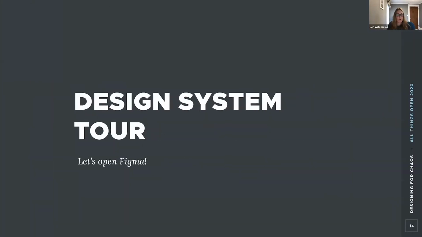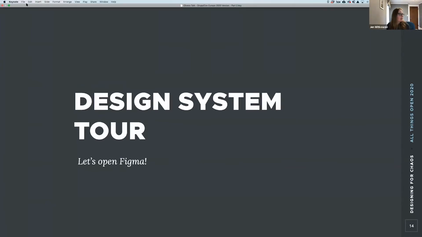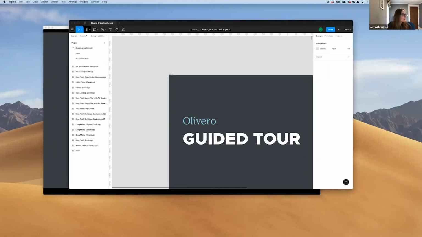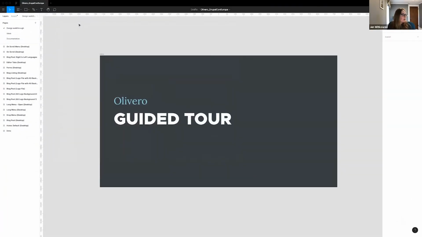So now I am going to give you guys a guided tour of the design here. I'm going to switch screens real quick. So usually I would do this with video, but video tends to lag in Zoom. So I am going to take you right into the Figma files, which is actually pretty exciting. I also have my screen over to my left with my Figma file. So I'll be kind of looking over to the left a little bit to make sure that I'm actually pointing at the right thing as I'm talking about it.